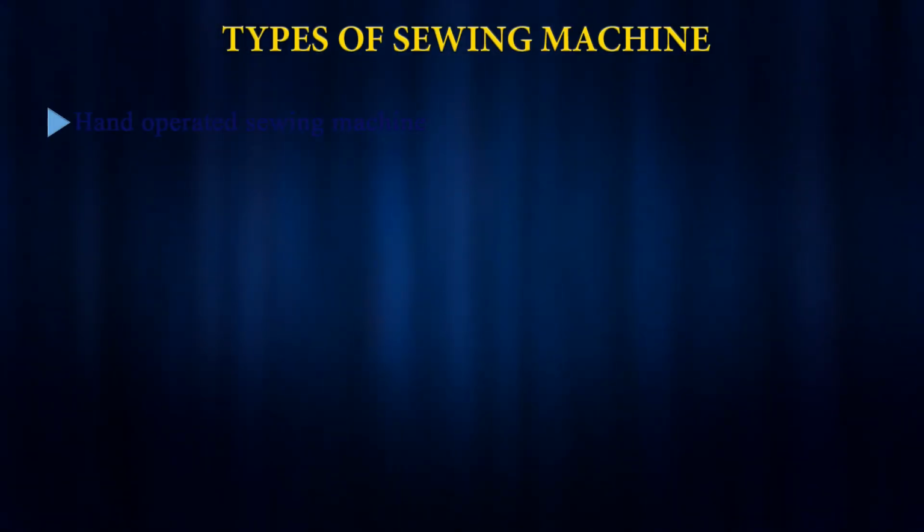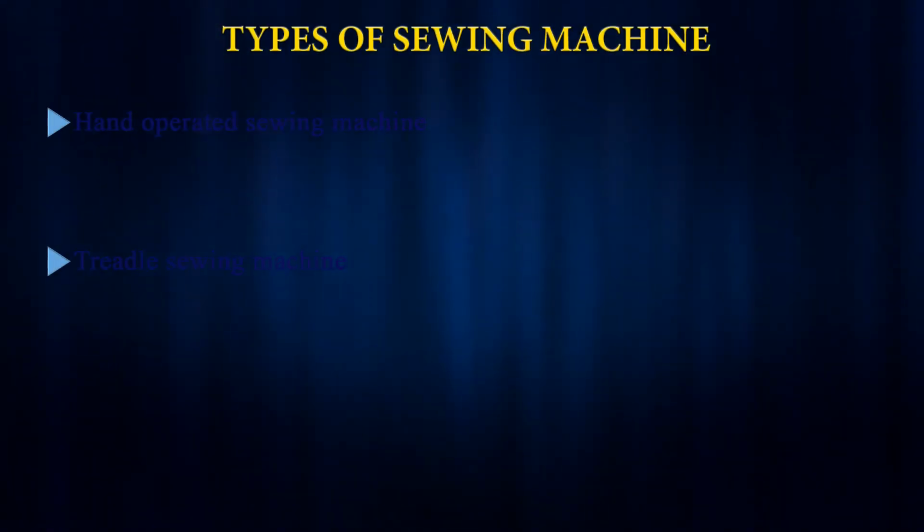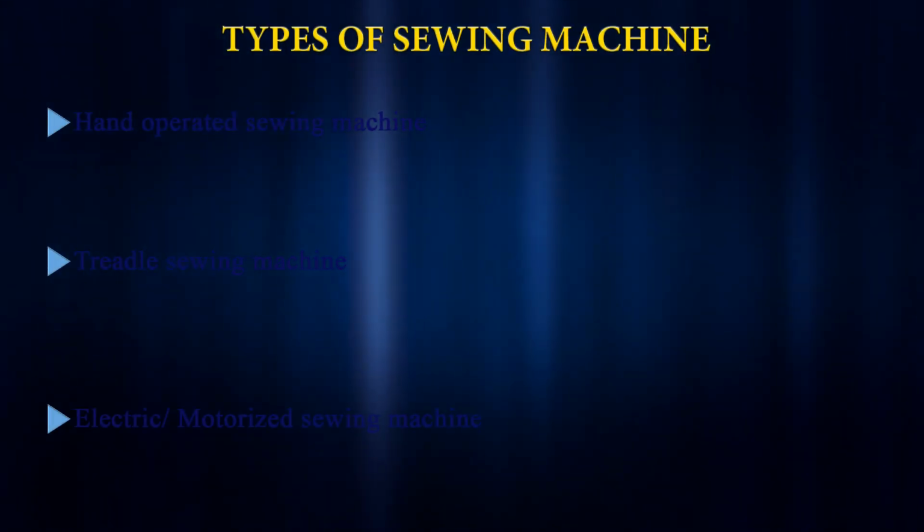So there are mainly three types of sewing machine we have, namely we use the hand operated machine, we use the treadle machine, and we have the electric or motorized